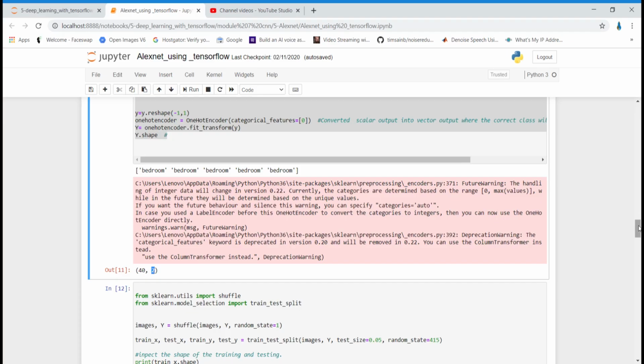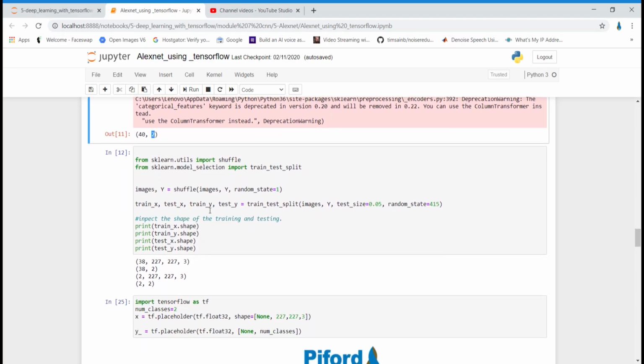Now, let's divide our data into train and test. After dividing our data into train and test, see over here the test size is 5%, which is very small. The data set which I'm using over here is very small. This is just to make you understand the concept. In reality, if you are using such algorithms, the data should be more. But over here I'm just taking 40 images to make you understand the concept, because it will take less time to train your algorithm and test your results.